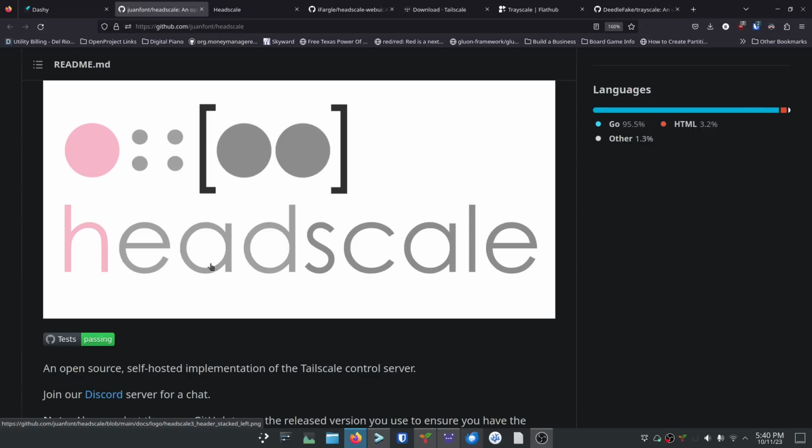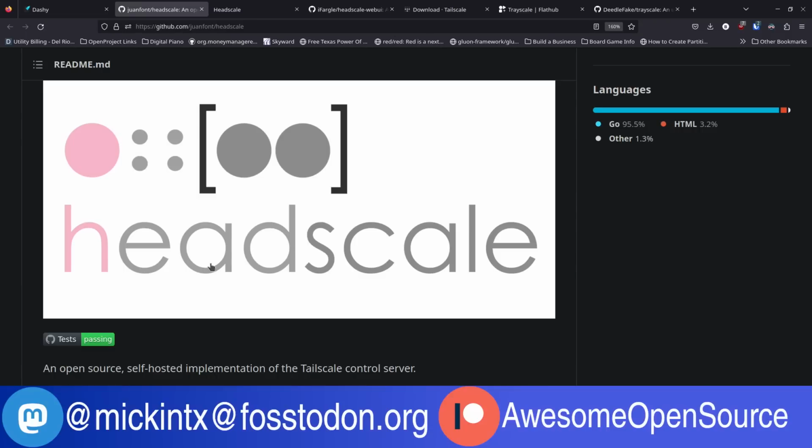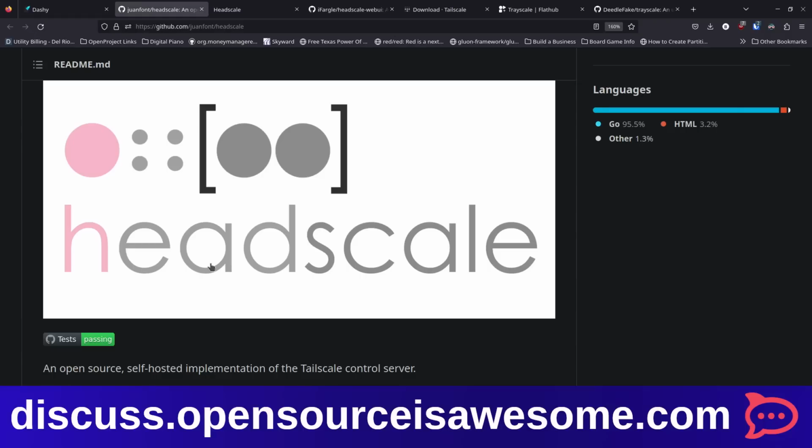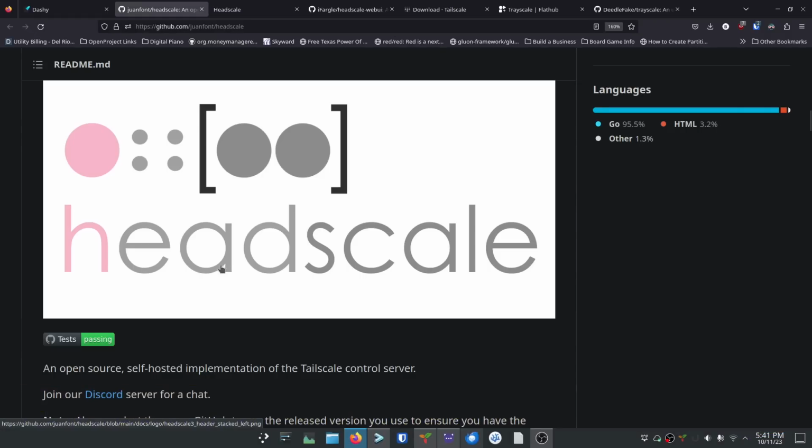Now I'll say, compared to NetMaker, I find Headscale a little bit more difficult. Not super hard, but definitely there are a few more steps to get things set up the way you want, whereas NetMaker definitely has, like, click this button, type this in, and you're done, and you've got an egress node into a network and things like that. You can do that with Headscale as well. It really works fine. I'm going to show you how that setup works, and we're going to get everything up